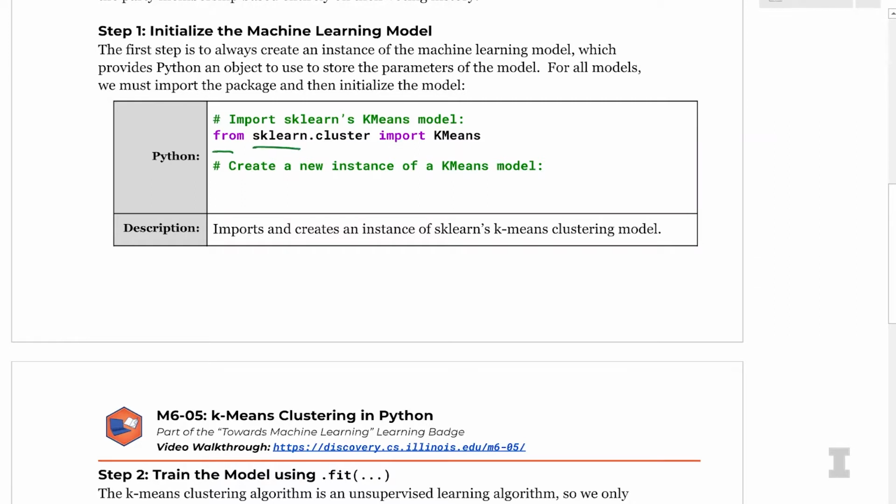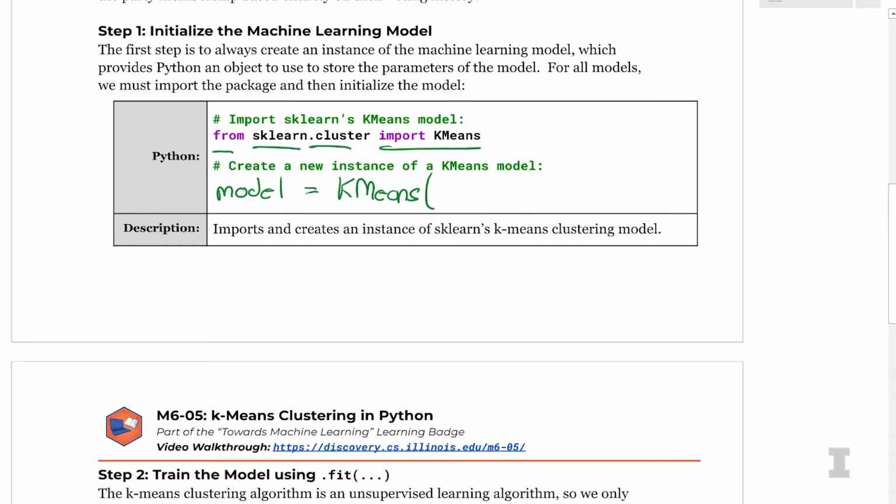Awesome. So we're going to use a machine learning model from the scikit-learn library that we've been using for all of our models. What's really nice about using models from the same library is they all follow the same syntax of using fit and predict. So to get the k-means model, we're going to use from sklearn.cluster import KMeans. Then I'm going to create a new model, which is equal to KMeans.